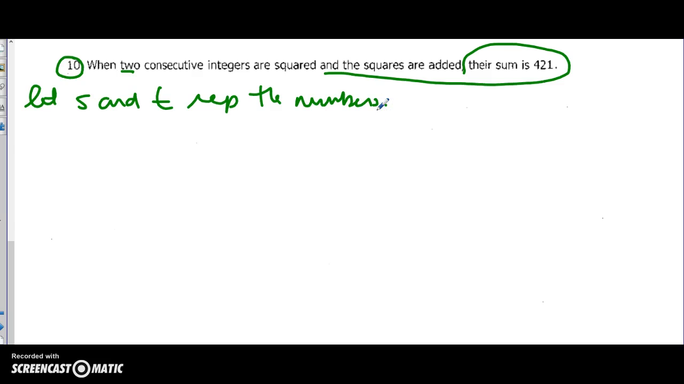And then we're going to come up with a couple equations. One is based on this here. When two consecutive integers, if they're consecutive, just a little trick here. Consecutive integers mean they're in a row, like 3 and 4, or 11 and 12, or whatever. So if x is my, sorry, I said I wasn't going to use x. I'm so used to it. If s is my first number,